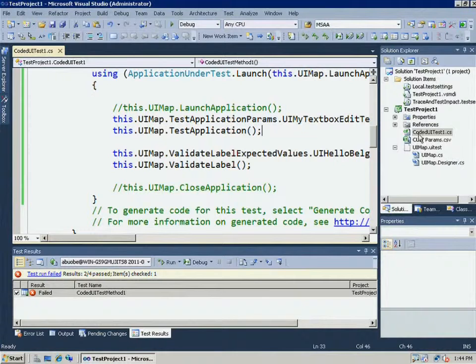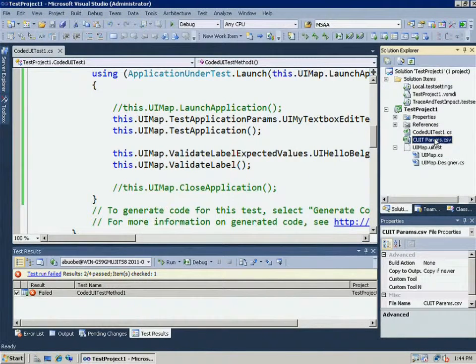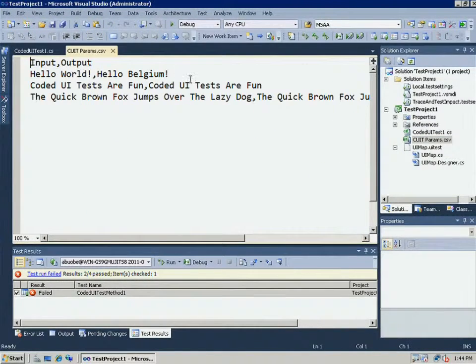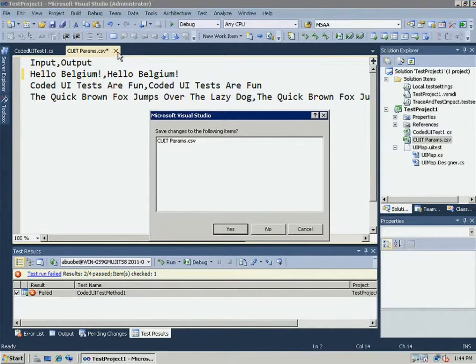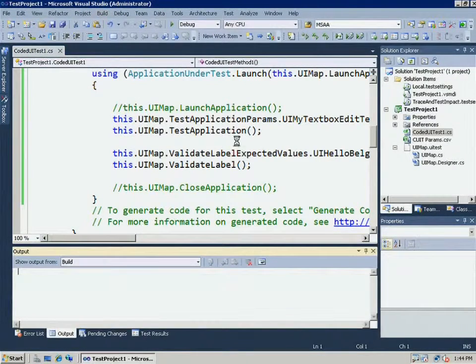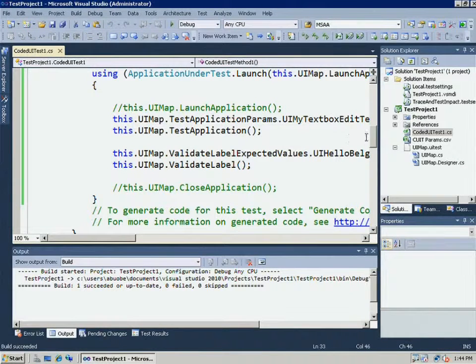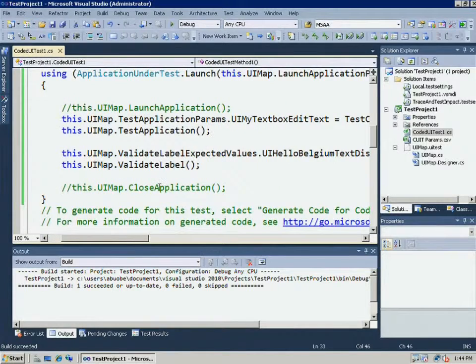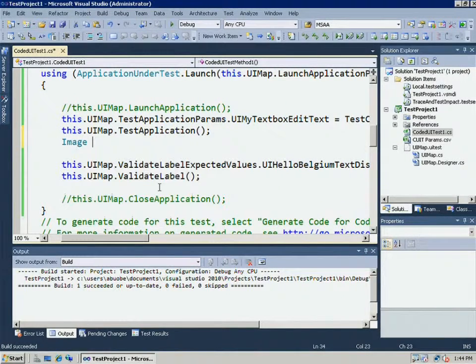Let me go ahead and fix first the coded UI params. Let's change that back to, well, let's keep it at Belgium. We'll go ahead and deploy that again. And so to take a snapshot is actually quite simple. What we'll do is we'll say image